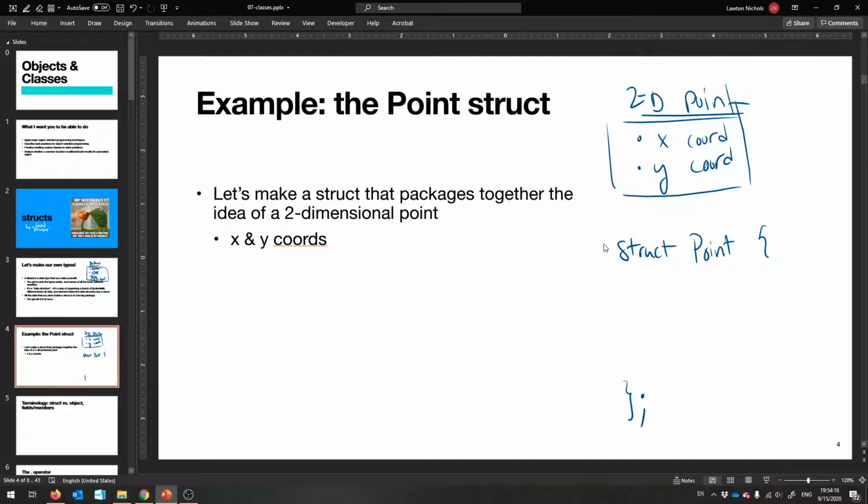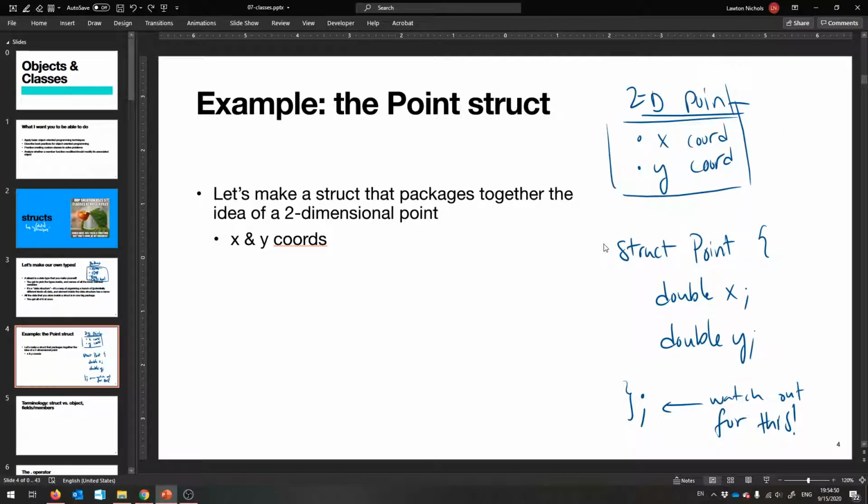But one thing you have to watch out for is that semicolon. That is necessary, and feel free to come to office hours and ask me about why it's necessary. It's a fun quirk of C++ and C, I guess. But you got to remember that ending semicolon. And then inside of the struct point are all the data values that you want to associate with a point. So we're going to have a double x and a double y,